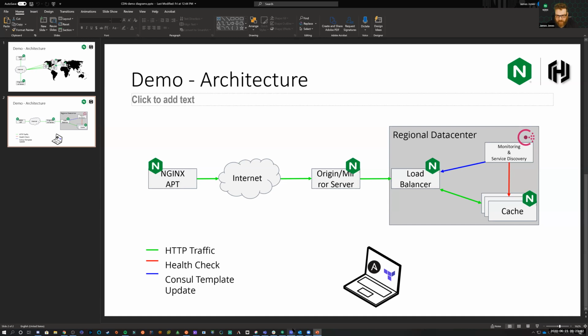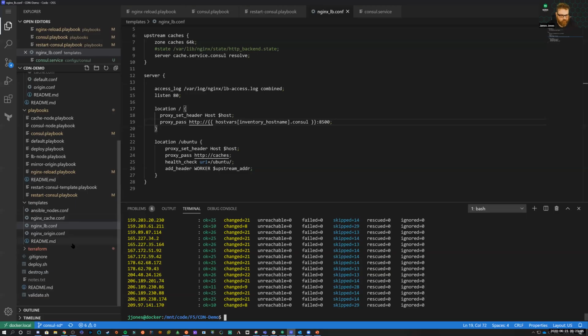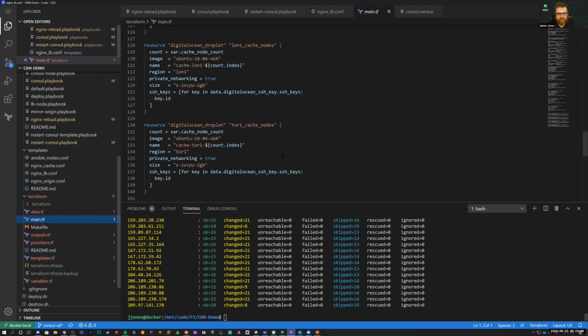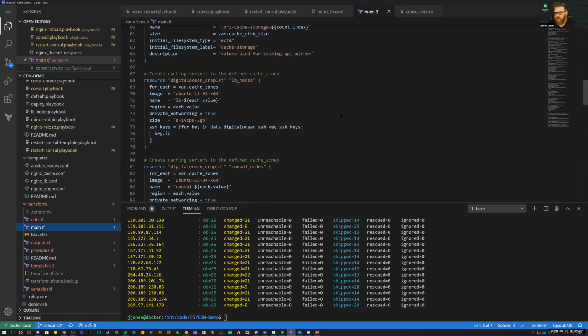And then to break it down, we're just going to look at the main.tf for Terraform real quick. And I see we have